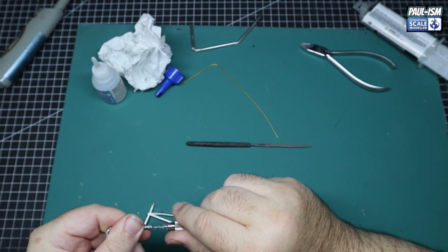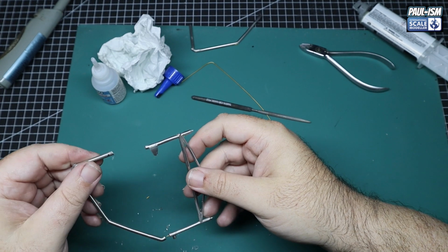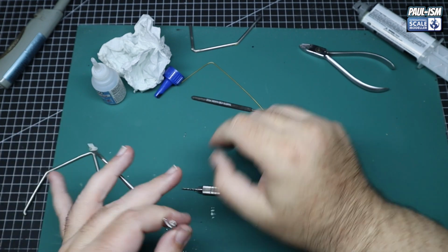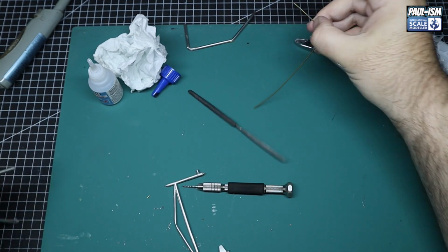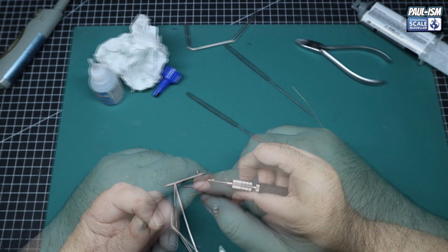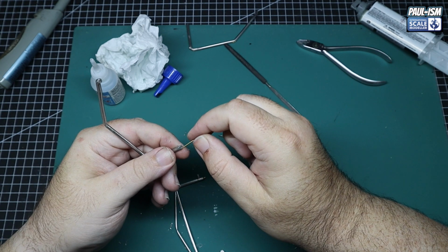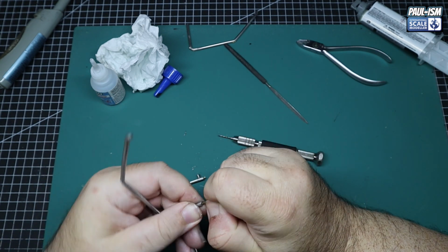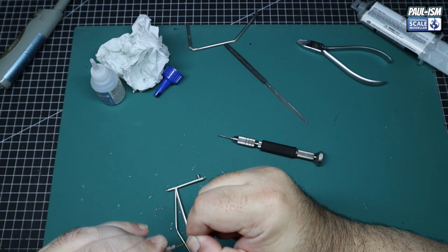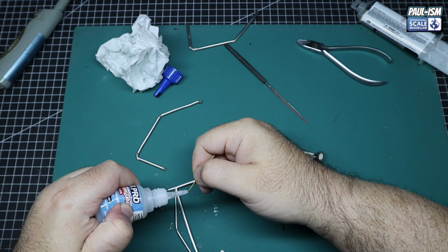So I took all the parts off. We cleaned them all up. All the JB Weld came off, no problem at all. And I thought, right then, plan D, I think this is. So I cut off the locator points. I've drilled into the female parts to make them bigger. We've got some thick brass rod, and we're going to put some of the brass rod in one end, like so. We'll CA glue that in place. We'll then drill the other end. Have to cut the locator point off, so we can insert this in the other side, CA glue together, and as you'll see, within a minute or so,